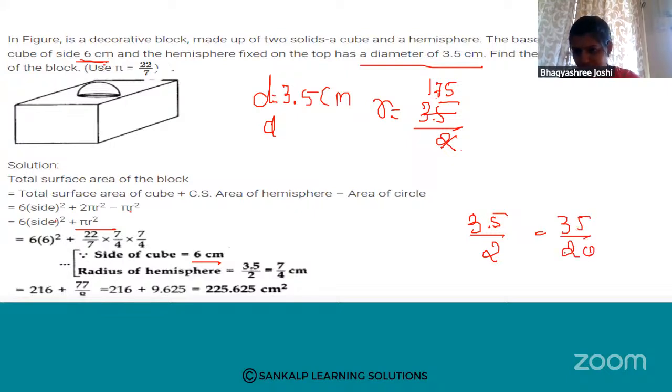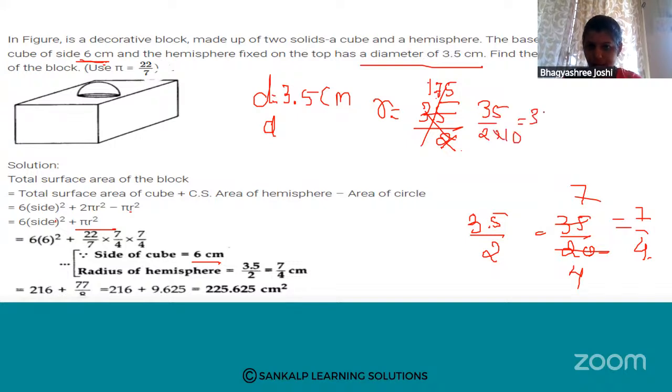Okay. So 35 divided by 20 means it is also 7 divided by 4. Right? 7 divided by 4 is the radius. So this is 35 divided by 2 into 10. That is 35 divided by 20. Okay, 7 by 4. Radius R value is 7 by 4. 6 square means it is 36, right? 6 into 36 plus